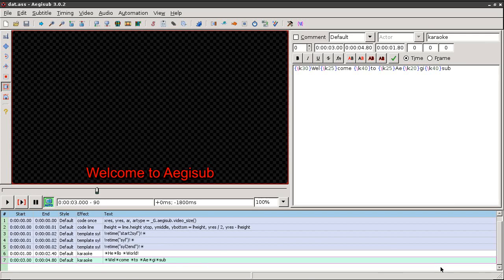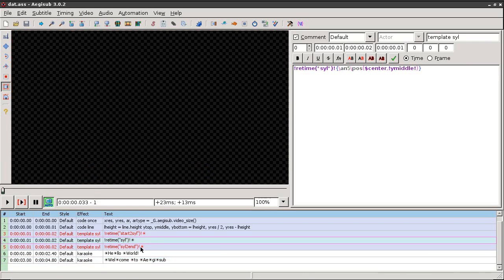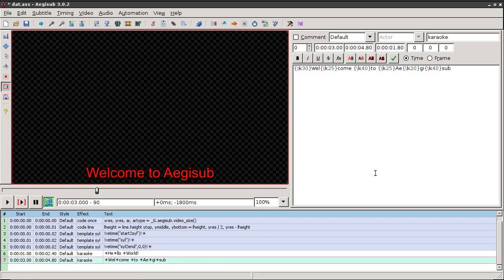In the last video we already saw the start to seal, seal, and seal to end modes in the retime function. There is another mode for the retime, but I will not talk about that in this video. What I will talk about is the time adjust for start time and end time. That is the second parameter of the retime function, which adjusts the start time, and the third parameter is the end time adjustment. And what I mean by the adjustment,